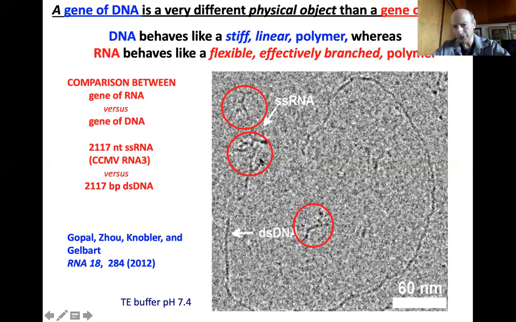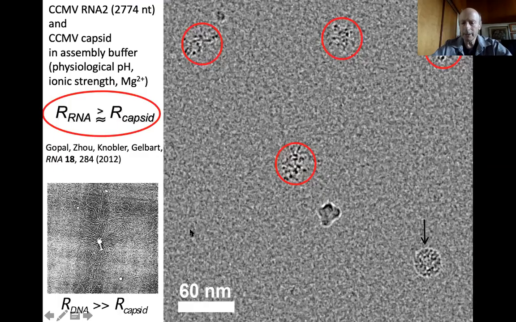The point of this cryo-electron micrograph is to show how much more compact single-stranded RNA is than double-stranded DNA. You have the same amount of genetic information. In fact, it's identical genetic information. Associated with this is the fact that the RNA gene as an RNA molecule is about the same size as the virus particle that's formed when you add the capsid protein for this virus to the RNA in physiological buffer